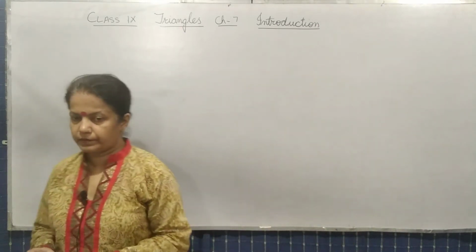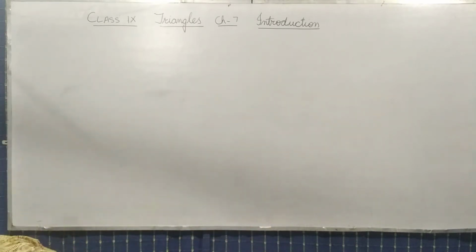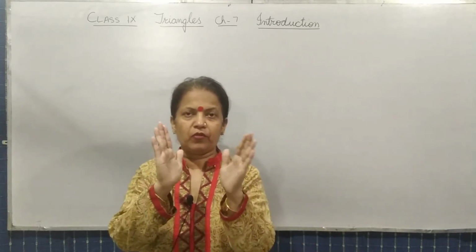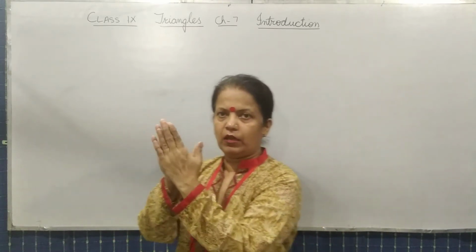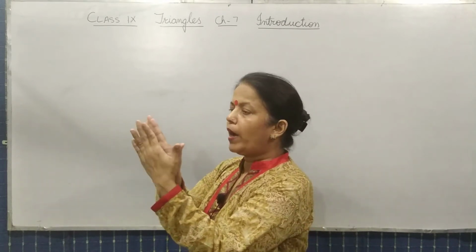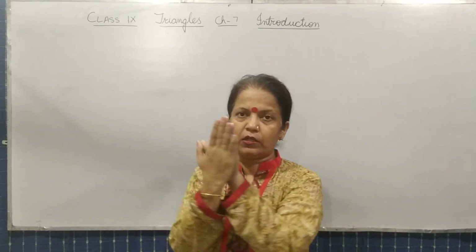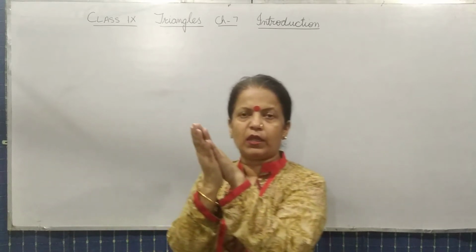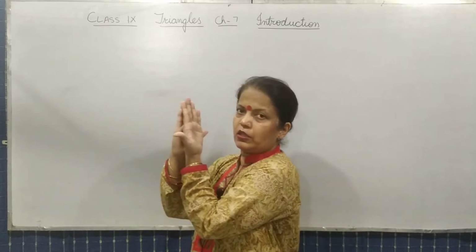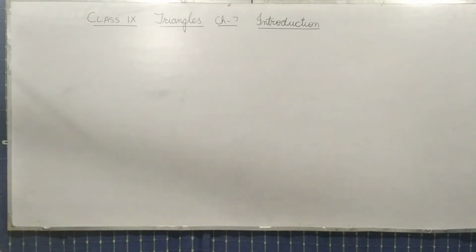Suppose that two given figures, or if I take the example of my hand, if I keep it like this, what do you observe? One part just overlaps the other one, isn't it? One is overlapping the other one if I keep it like this. But if I keep it like this, then it does not overlap. Let's take a few more examples.